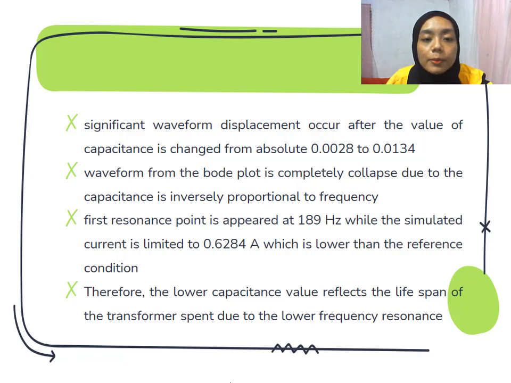The waveform from the Bode plot is completely collapsed because the capacitance is inversely proportional to the frequency. The first resonance point appears at 189 Hz, while the simulated current is limited to 0.6284 ampere, which is lower than the reference condition.